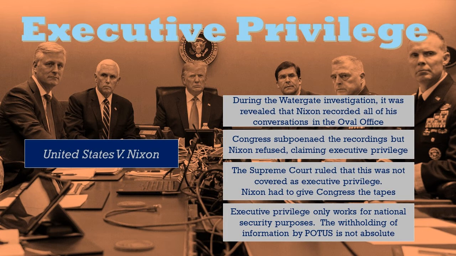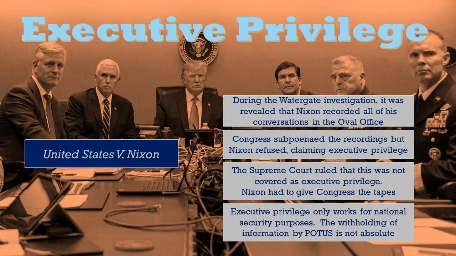And so when Nixon got in trouble as part of the Watergate scandal and Congress found this out, well, that is a really important piece of evidence, if we have every White House conversation recorded. In the Watergate investigation, Congress subpoenaed these recordings, but Nixon refused. He's like, I'm not going to turn over these tapes. That's executive privilege. These are all my private conversations.